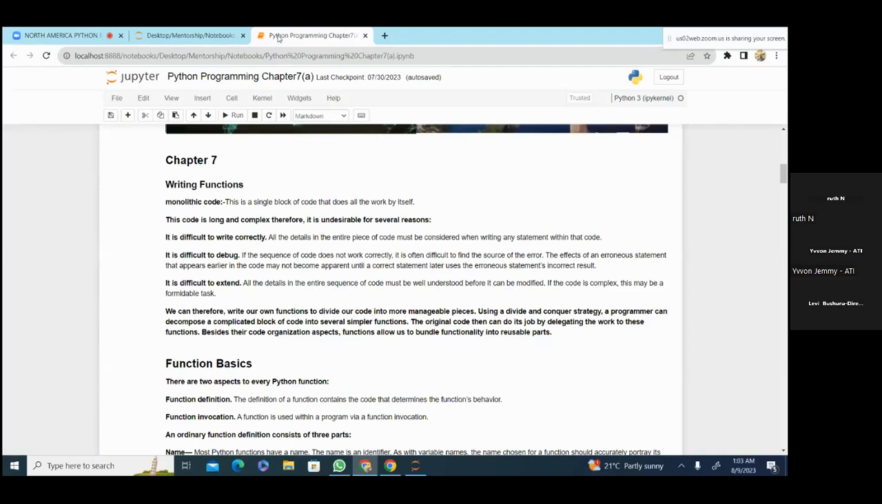So I've sent the Jupyter notebooks for chapter 7, and you'll find them attached in our group. In this chapter, we'll learn how to write functions, and we will focus on function definition. The first thing which I want you to note,